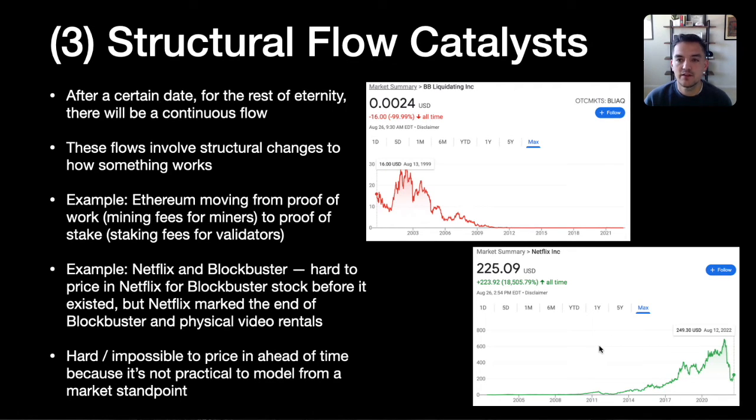And these are the types of catalysts that are hard for our brains to really grasp until they actually happen or start to happen, because the outcome of them, or how they happen, is often hard to fathom, and the outsized returns that result from them also seem unrealistic until they happen.